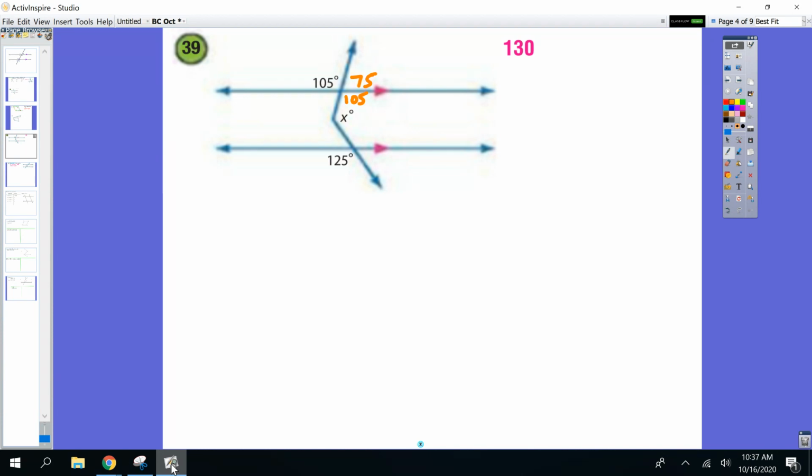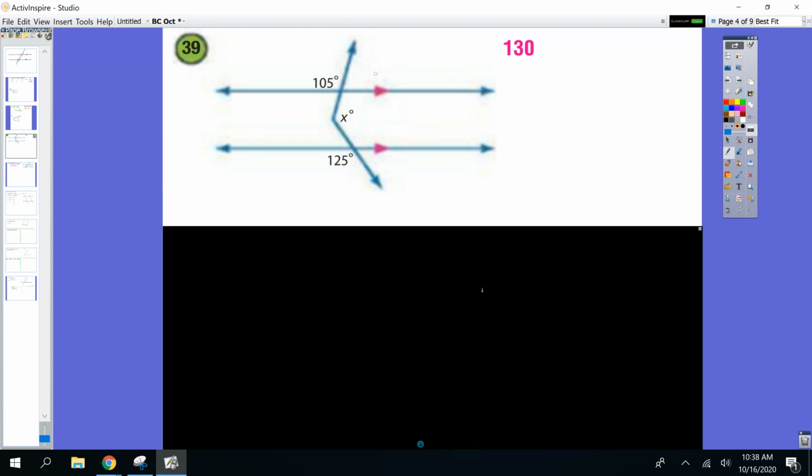But you know where that's going to get me? Nowhere to find x. There's no way you can use any of those angles to get to x. So that is why in the video I showed you guys that you want to draw in what's called an extra line, an auxiliary line. Okay? Because right now,